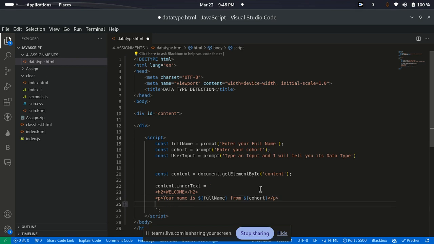Then maybe another paragraph. I'm just making it look nice. Another paragraph to say your input of another variable. I'm just trying to call my variables which I've used, under your input of user input. Let me use a small u here. Input of user input